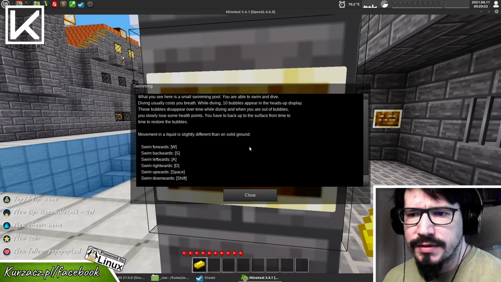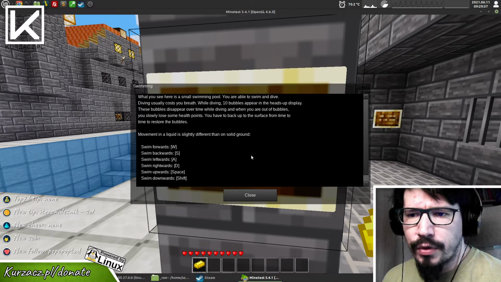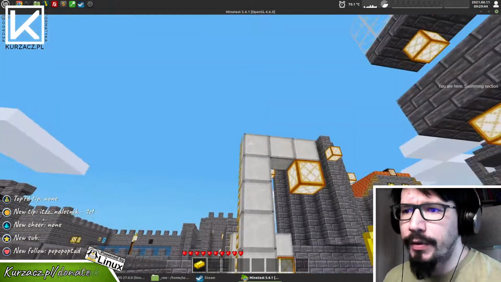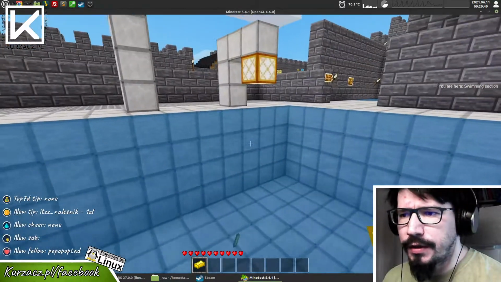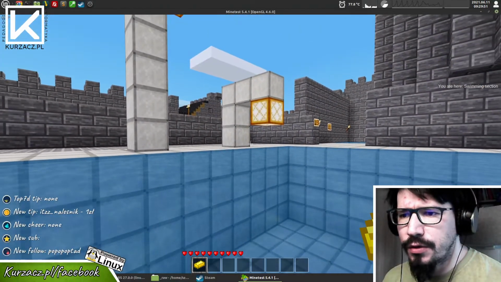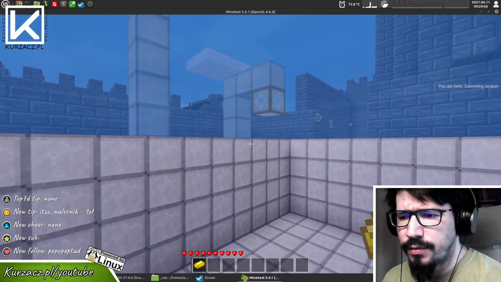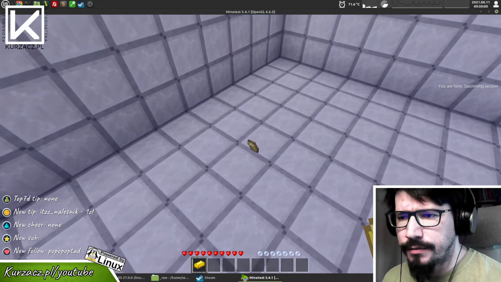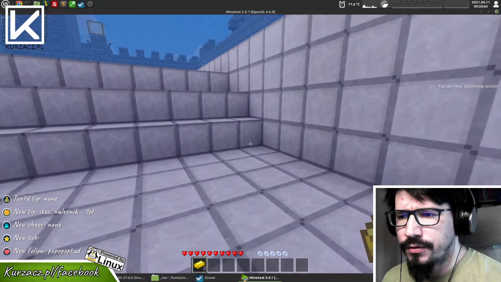WASD works the same, and swimming upward is Space like jumping, and swimming down is Shift, like on the ladders, going up and down. So we can go into the water, we can swim in all directions, and we are slowly sinking. And when we are below the surface, bubbles appear and disappear at the bottom of the screen. So this is our